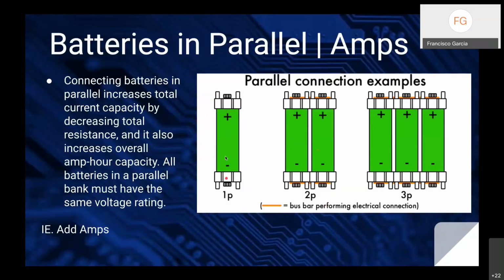So that means that if you're connecting 2 of these batteries in parallel, they have to be 3 volts, and this battery also has to be 3 volts. Everything has to be pretty much a copy. All the batteries have to have the same capacity. They have to have the same rating. It's really important for this to work, because what happens is, for example, if we had this battery at 3 volts and this battery at 3 volts, but we had this battery at 4 volts,